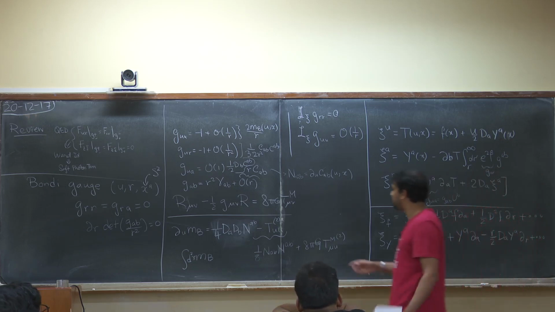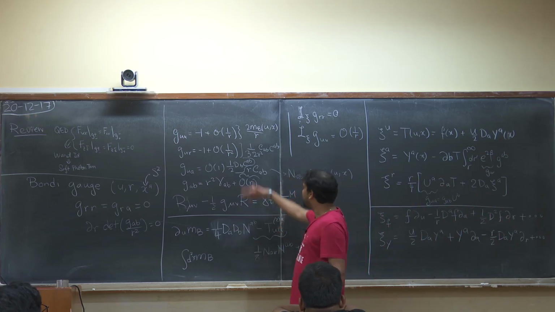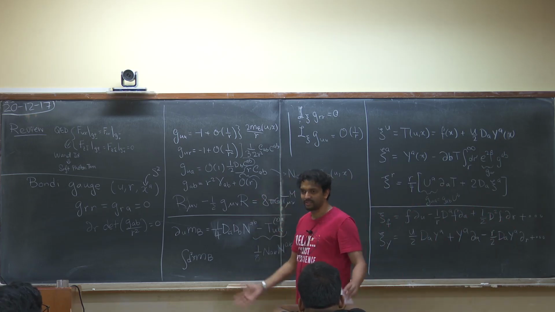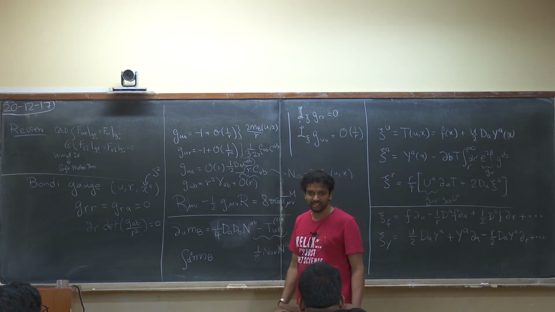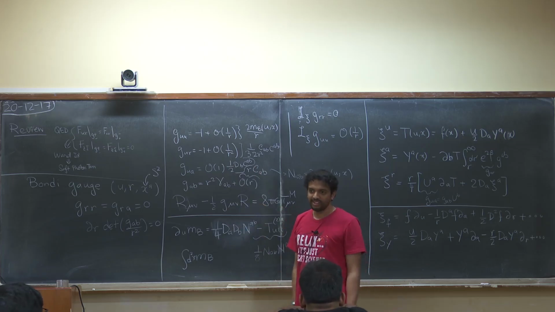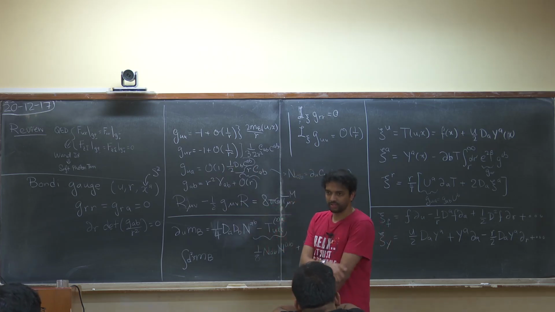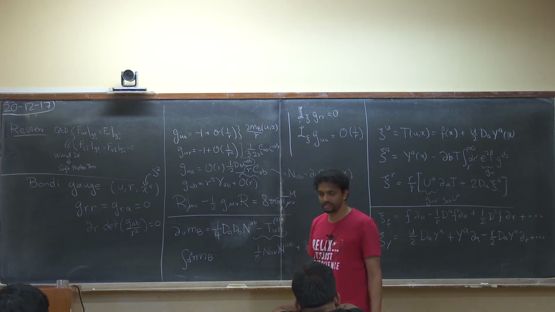Again, you have to justify your fall-offs, and there are many reasons to. These are justified by studying the class of interesting solutions, and it turns out that essentially all of them, gravitational waves and black holes, have these sorts of fall-offs. So that's why you restrict to these interesting ones. You could certainly say, I want to consider a larger class. That's totally acceptable to do, but the class we are studying here is this one.